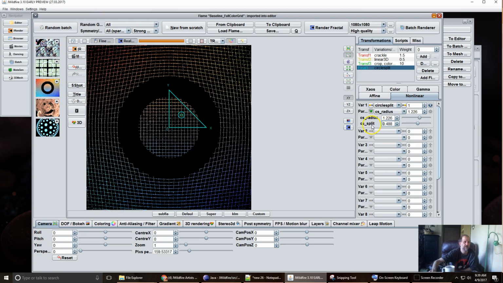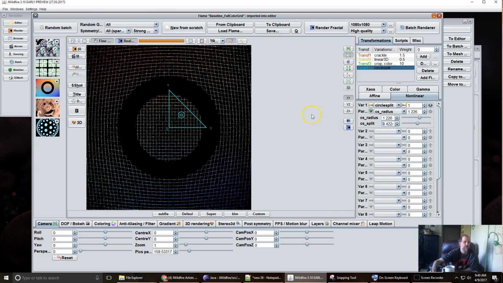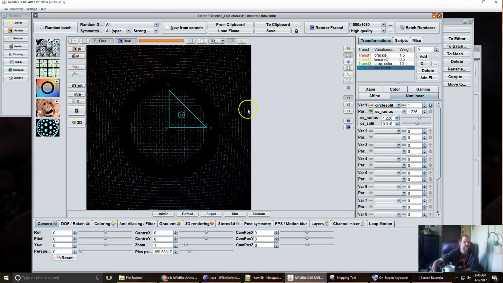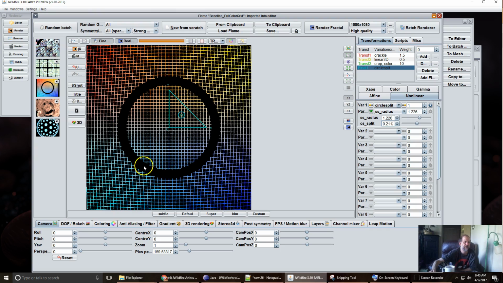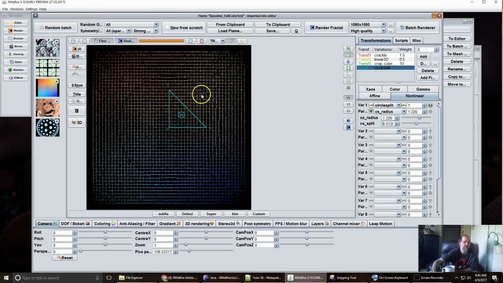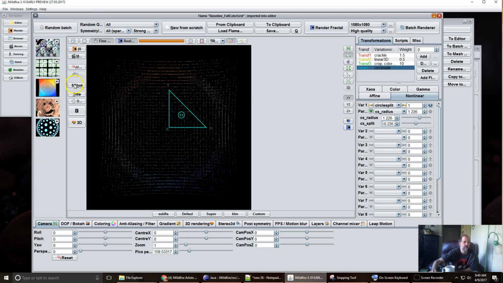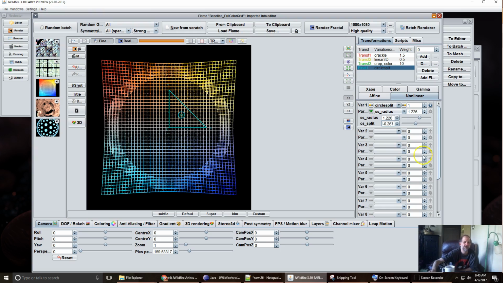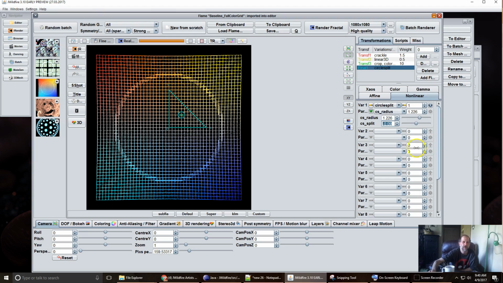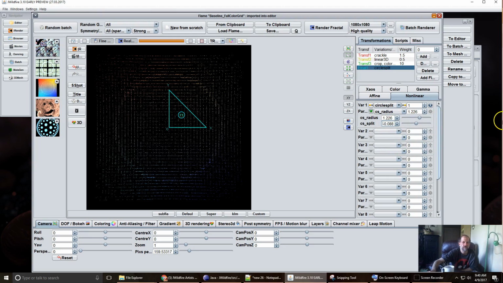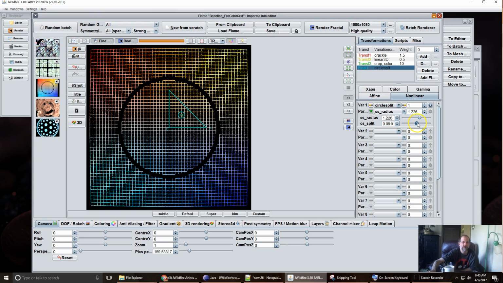So if we lower this, you'll see it makes the opening, the split part, narrower. And we can actually even go into negative values where it overlaps onto itself. So if I increase this again here,